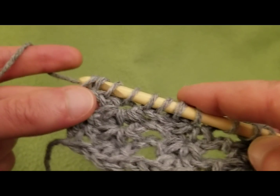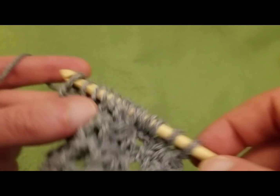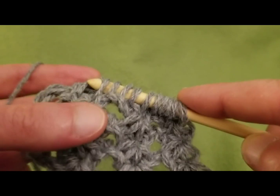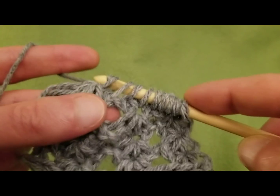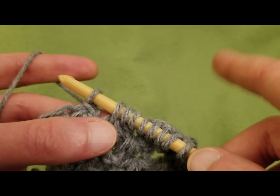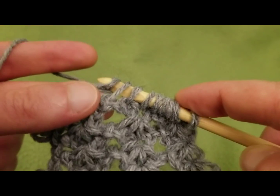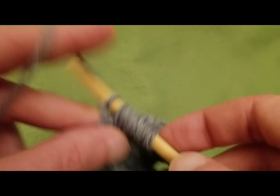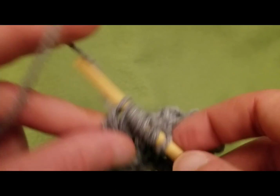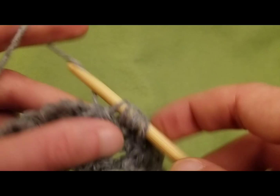So that's chaining up a 3, 1 and 2 and 3, and then pulling through 5 loops, 1, 2, 3, 4, 5, do a sealing loop, then pull through 5 again. Oh, nope, sorry, I almost made a boo-boo. So after doing the sealing loop, which I just did, chain 3, 1, 2, and 3. Now I pull through 5. So that's 1, 2, 3, 4, 5, do a sealing loop,